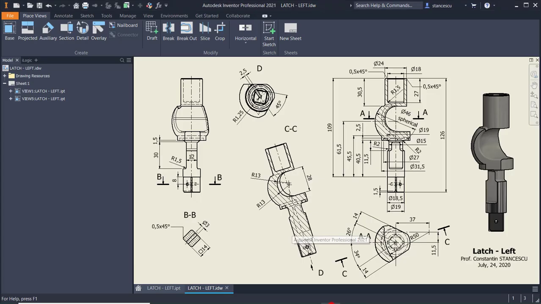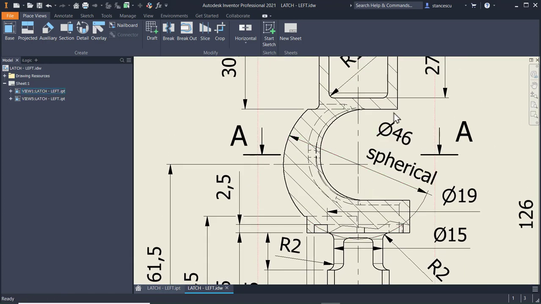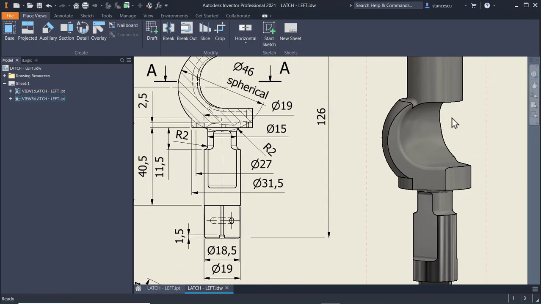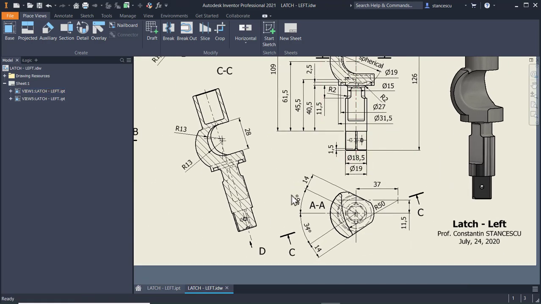The drawing is here. You see there is a spherical external volume, and here inside is placed a revolving cut, or revolved cut,